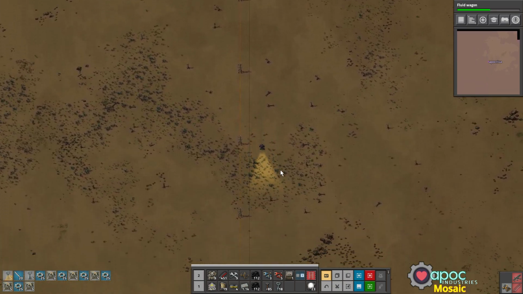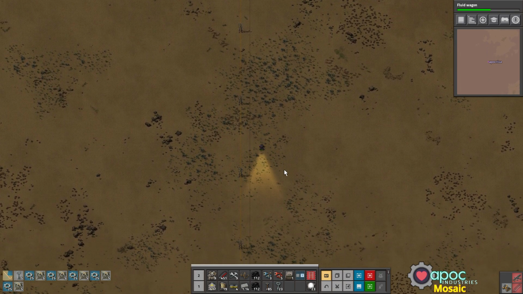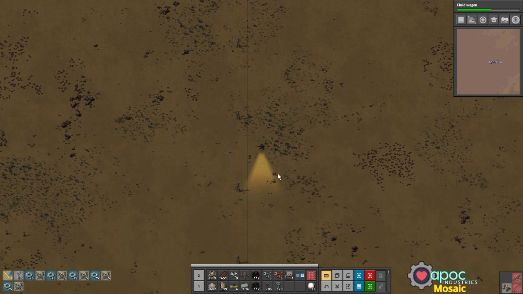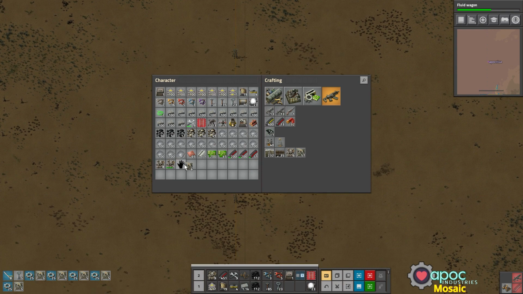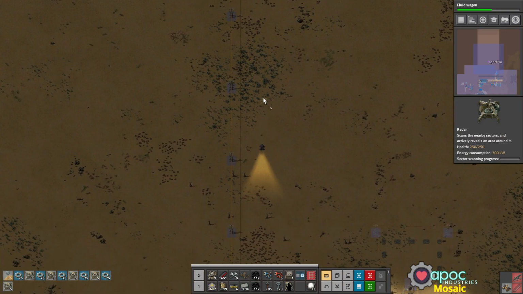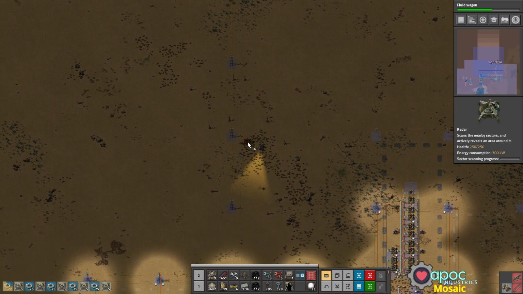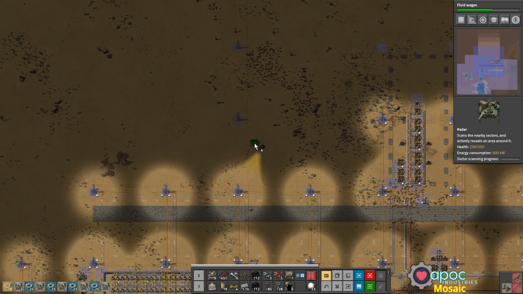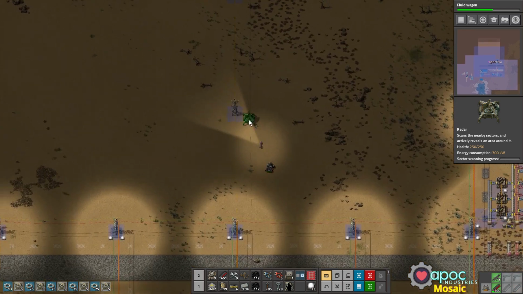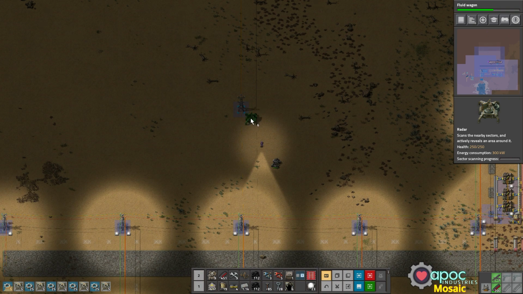Usually I would put lights and stuff so that we don't run into these, but honestly I'm just more interested in building this quickly at this point. Let's get some radars on our hotbar. Alright. So let's say that our first radar we want to have, this will be, okay, for these to actually be on the grid,